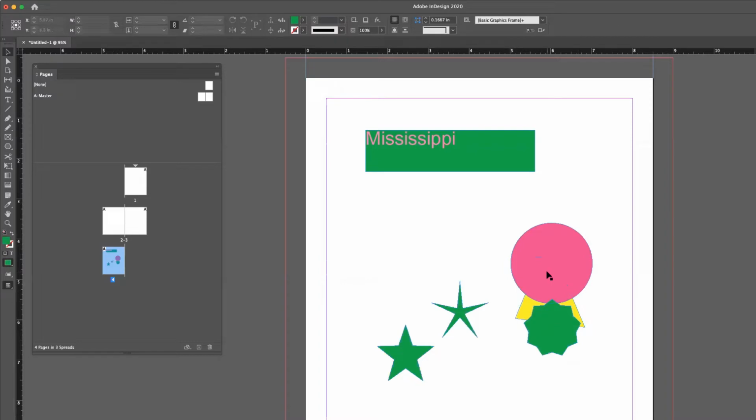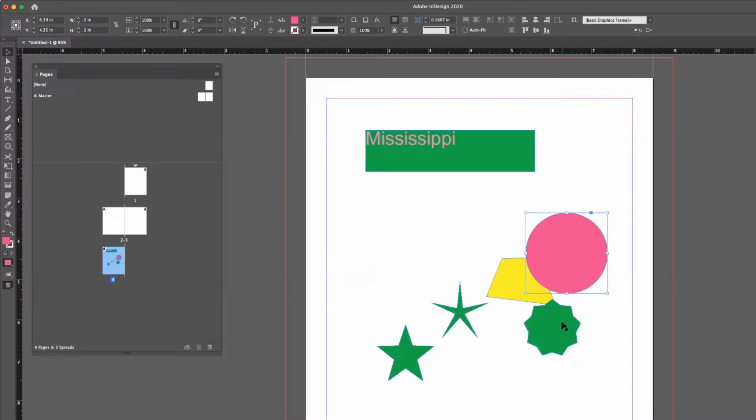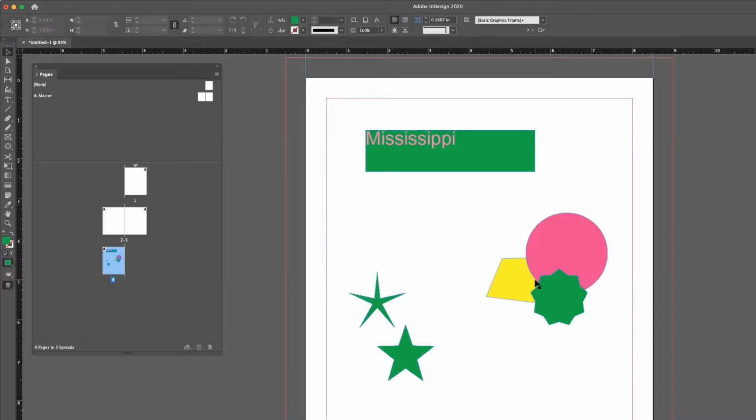And that's because when we drew these shapes, I drew the yellow one first, then the pink one, then the green one. And so based on that order in which they were created, it stacks them in the appropriate order as well. Now, if for some reason I want to change that order, you simply select the object,